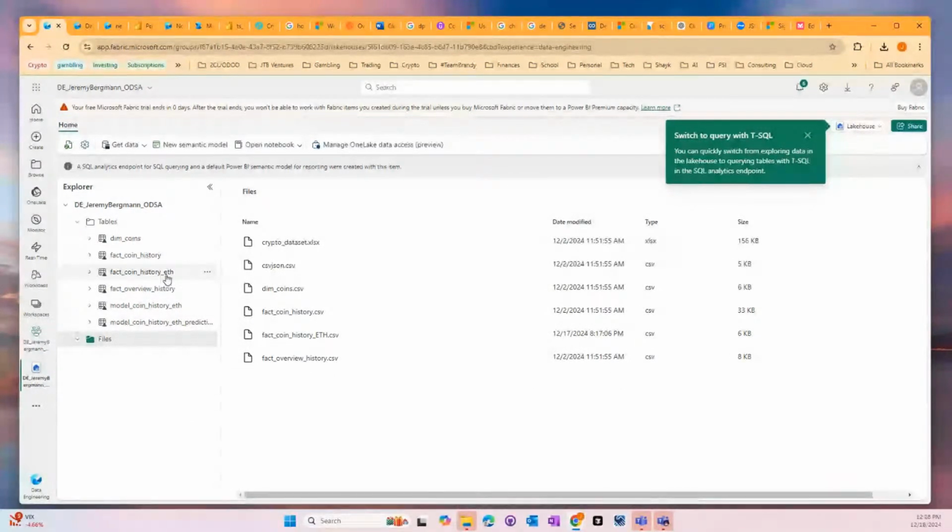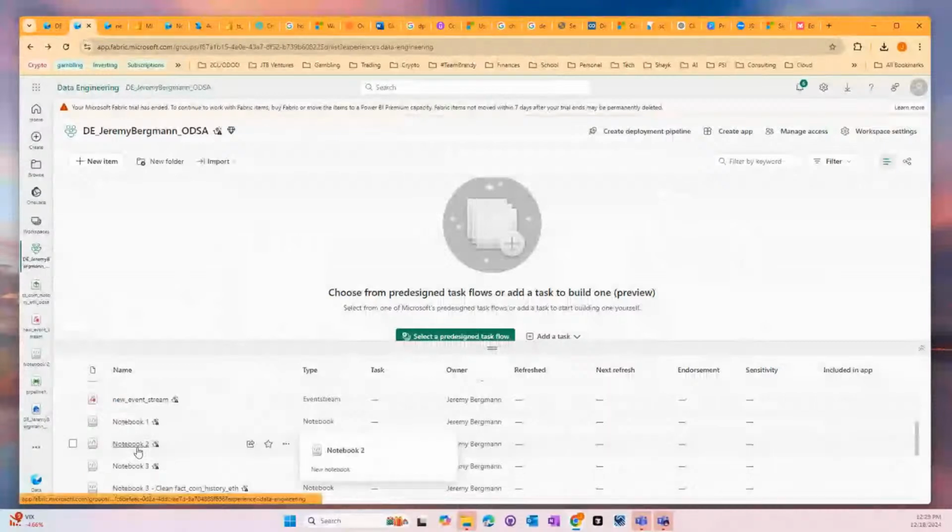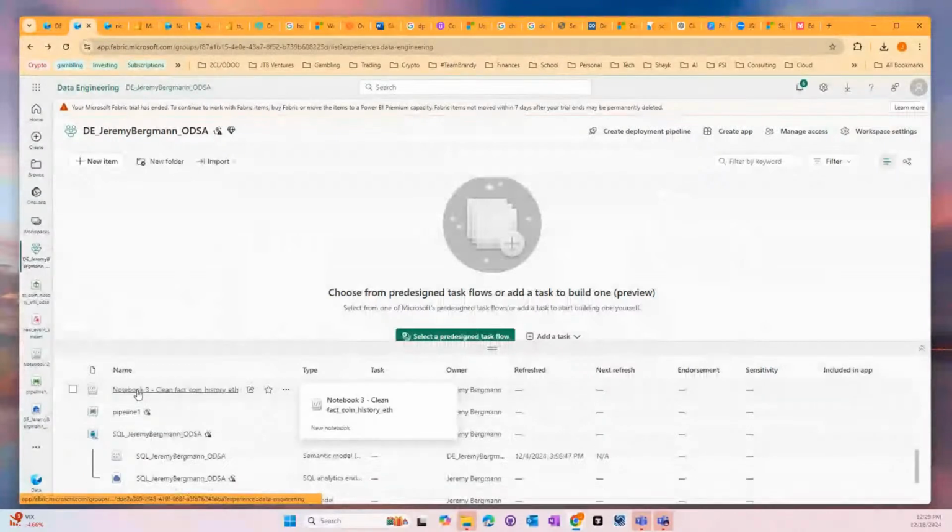Now, before you create a model, oftentimes you want to transform the data or clean it in a way that you need for modeling purposes. So we also do that in this example. For this example, we're going to use a Spark notebook to do that. So we have a Spark notebook called Clean FatCoin History ETH. Now that you already have data loaded into the OneLake table,